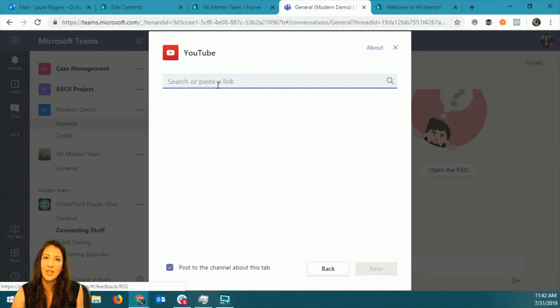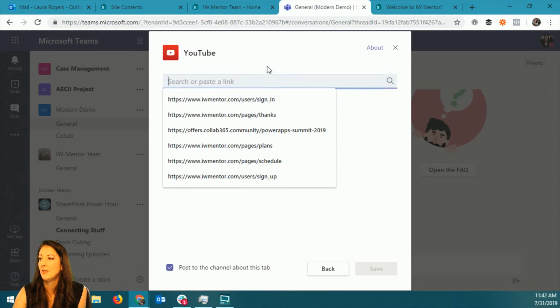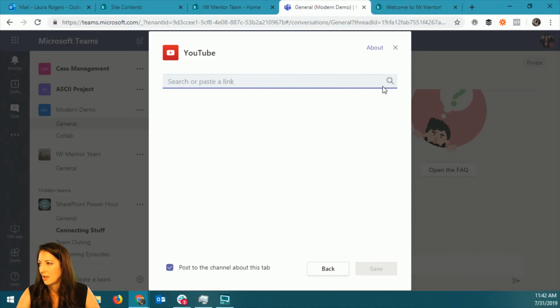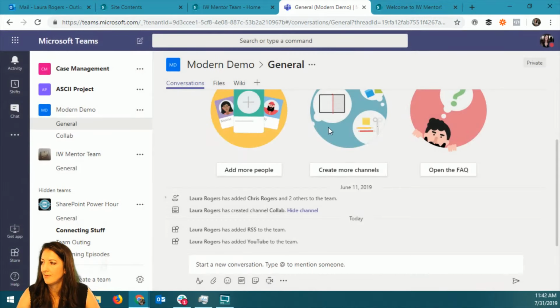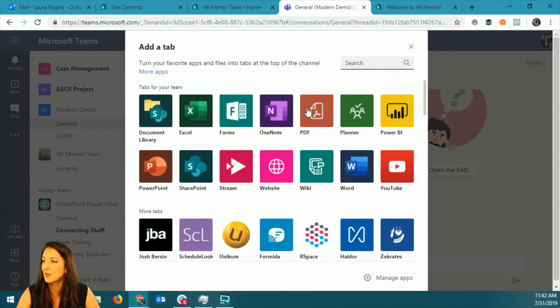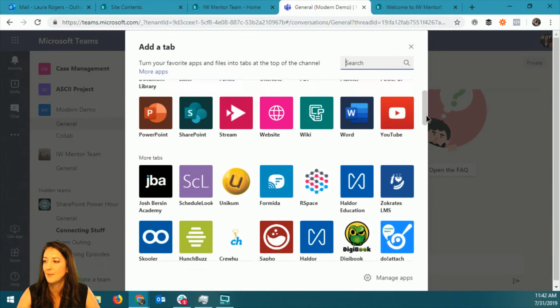YouTube wasn't necessarily in the list of connectors that we saw as web parts. Well, if you wanted to do something with YouTube as a web part, there's a video web part that you use for that, or I think maybe it's the embed one. It's the embed web part. So YouTube is going to give me the ability to have, let's see, I have a link to a specific, I'm not going to add a video in here, but it's the same concept though